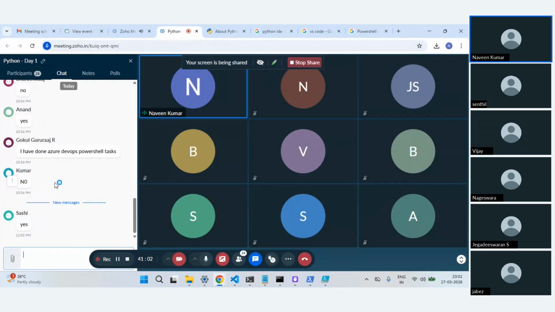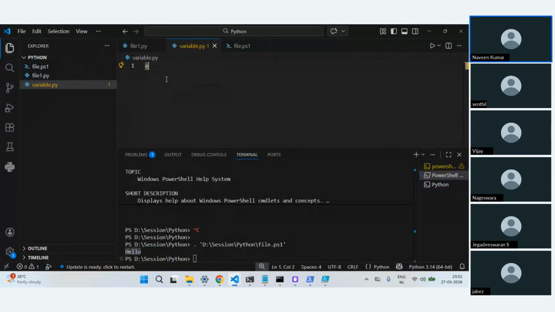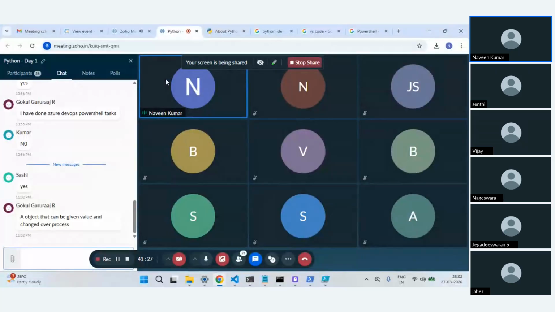A variable is nothing but you take some value, put it and store it in that variable. You can think of it like a container where you put something and store it. For example, an object that can be given a value and changed over the process.